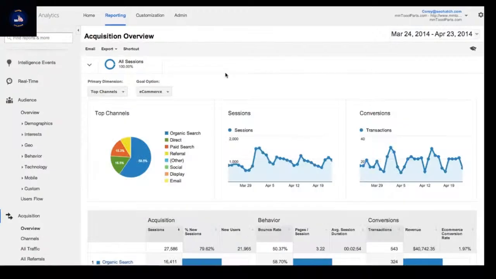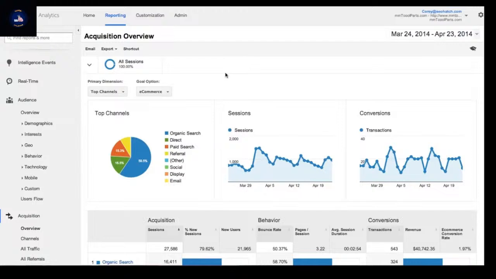Alrighty, next up we're going to jump into the acquisition section. Now, I don't like to play favorites, but this category is kind of my favorite, just because you get to really dive into the who and what of who's sending traffic to your website and what they're doing on your website. So this is the stuff that you can really start to pull actionable data from and determine what channels you should start focusing on more or less,